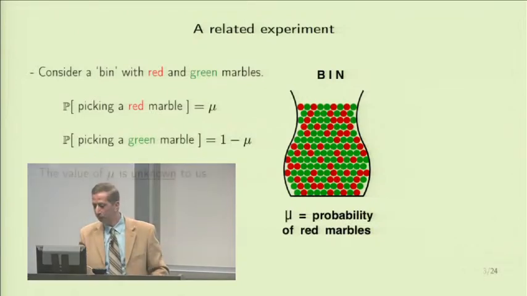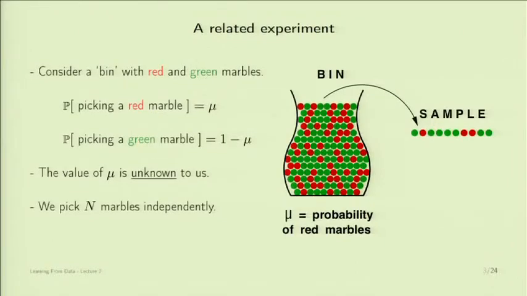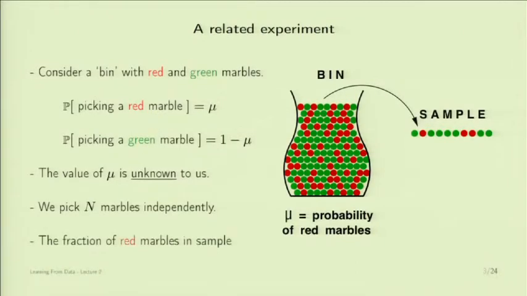Now, we pick N marbles independently, capital N, and I'm using the same notation for capital N, which is the number of data points in learning, deliberately. So the sample will look like this, and it will have some red and some green. It's a probabilistic situation. And we are going to call the fraction of red marbles in the sample, so this now is a probabilistic quantity. Mu is an unknown constant sitting there. If you pick a sample, someone else picks a sample, you will have a different frequency in the sample from the other person, and we are going to call it